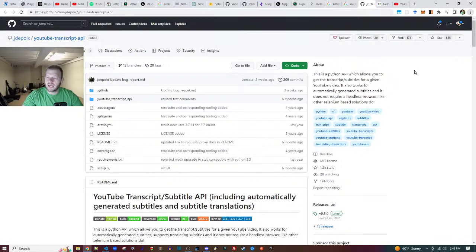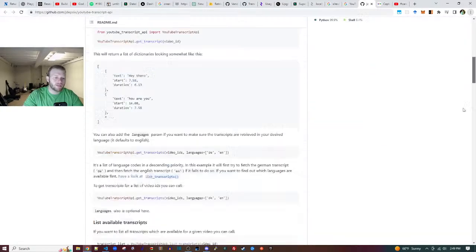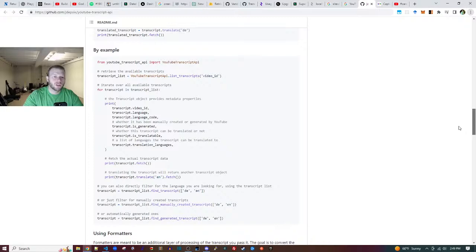If it is this easy, I need to install this thing. It also works for automatically generated subtitles, and it does not require a headless browser like other Selenium-based solutions do. Love that. It seems like it's maybe API-based. I guess I don't really know.